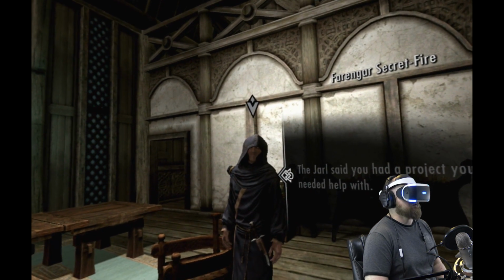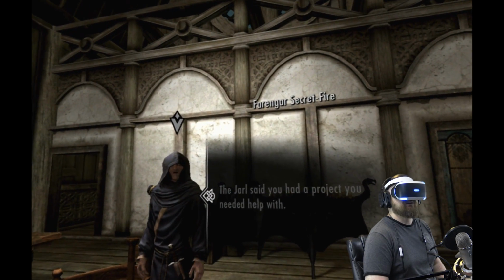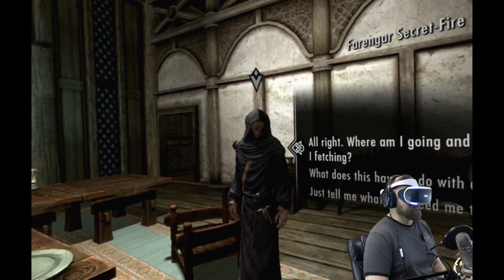Well, when I say fetch, I really mean delve into a dangerous ruin in search of an ancient stone tablet that may or may not actually be...